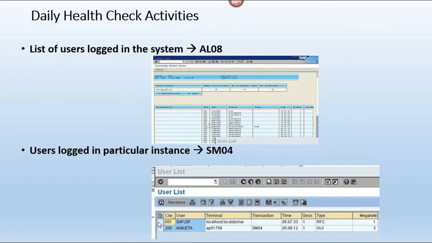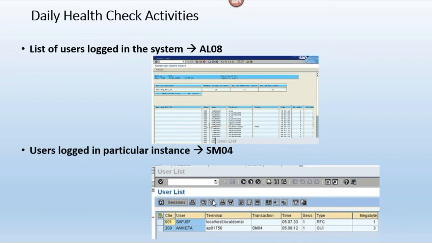Select the user and go to the menu, select log off globally. Then this user will be logged off globally, which means system wide. System wide I am going to log off this user.